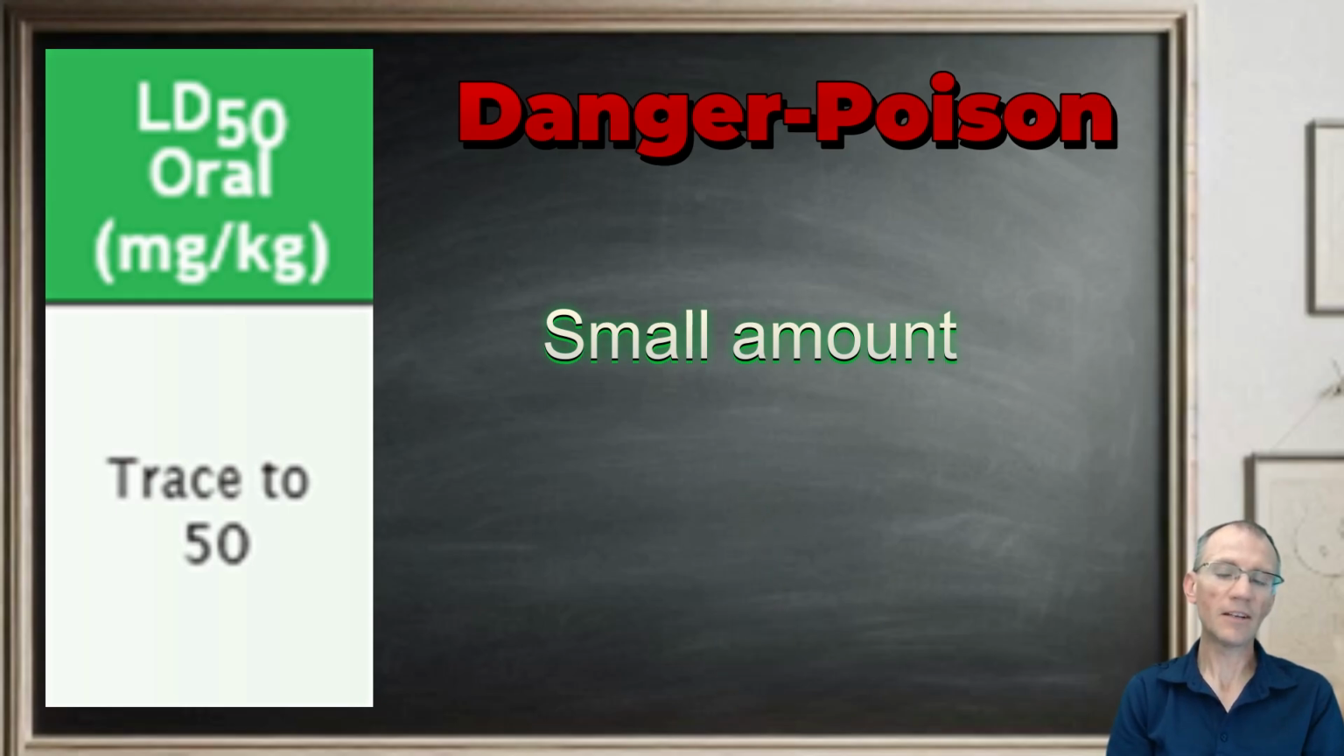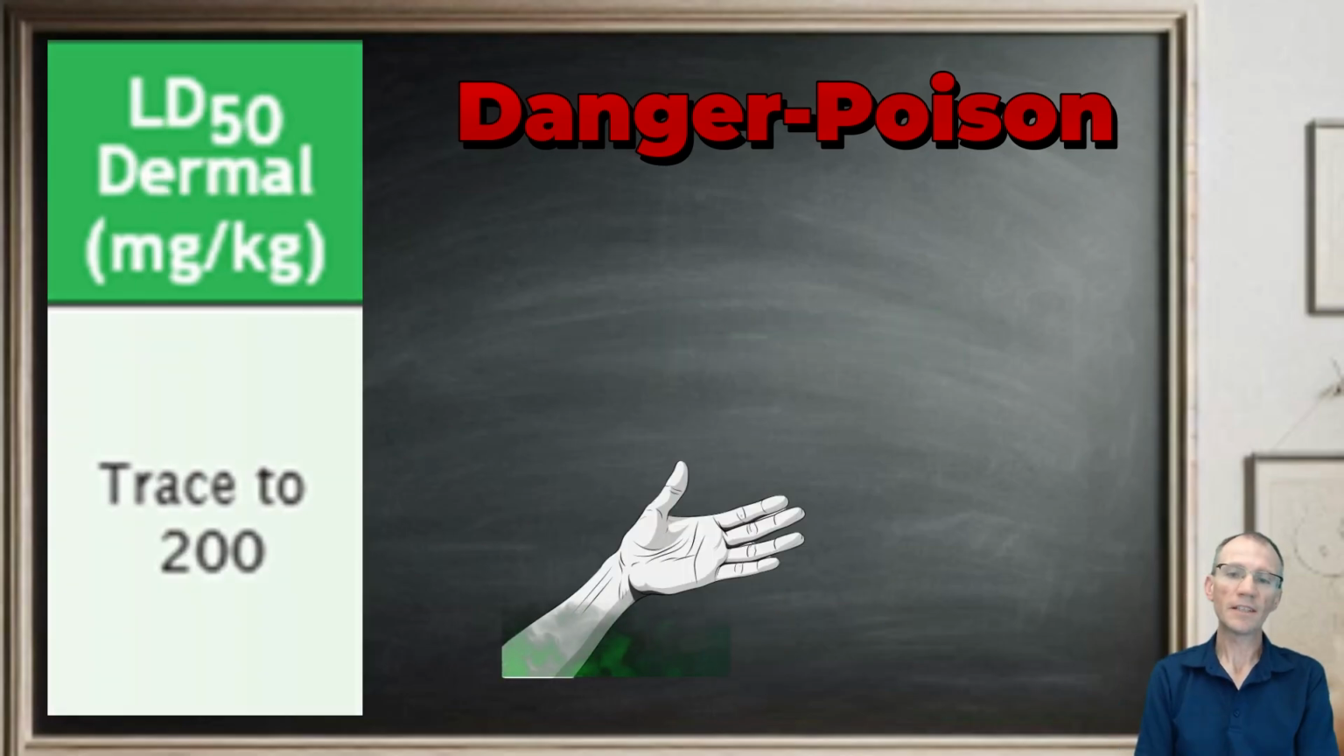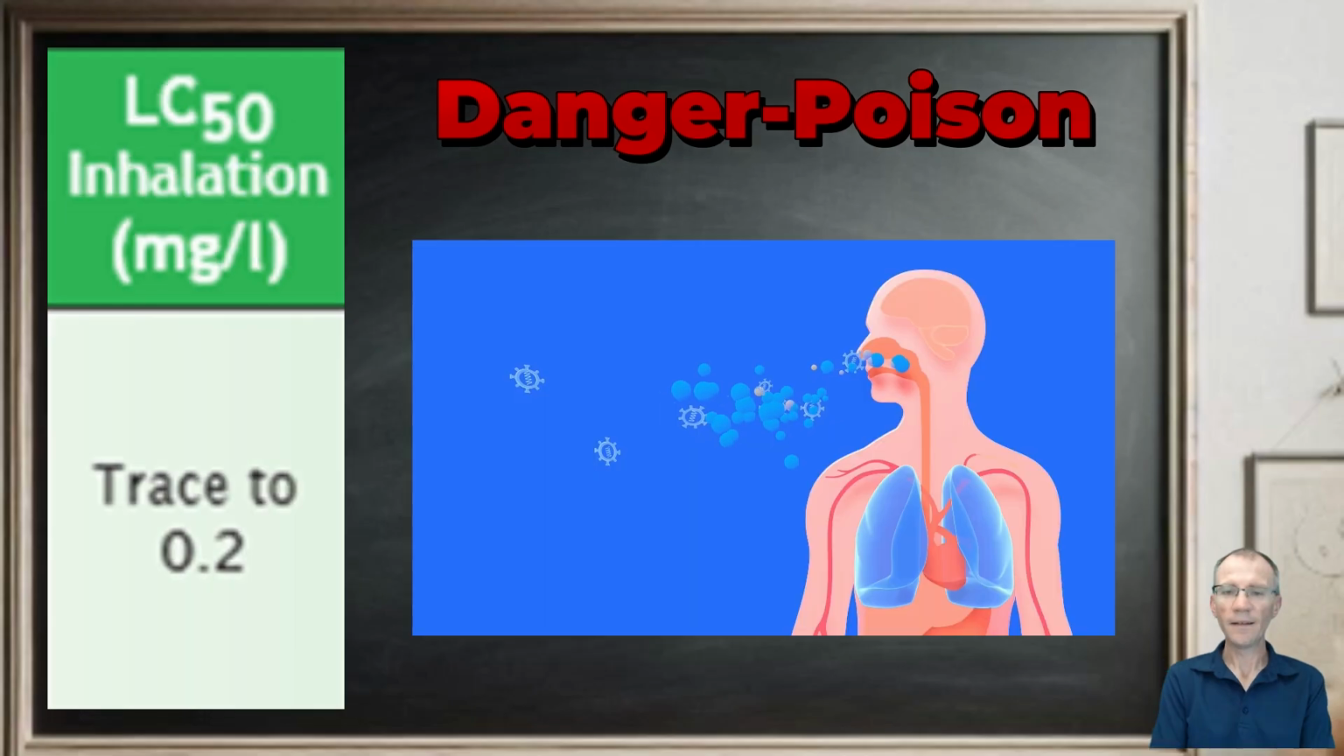So you're not going to need to ingest very much of this at all for it to be toxic to you. Now, we're going to see the same type of thing when it comes to the dermal LD50 of these danger, dash, poison, signal word products. In this case, you're only going to need to absorb a trace to 200 milligrams/kilograms of the product for it to be toxic. So again, there's a very low threshold in the amount of product that you would absorb dermally for it to be toxic to you. Next, let's look at the LC50 for inhalation with danger poison. This is going to be trace to 0.2